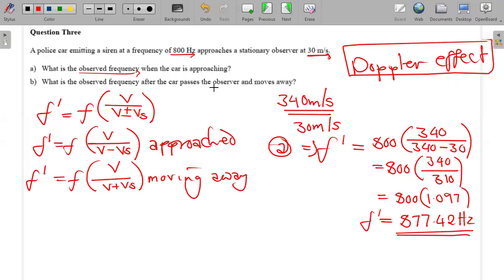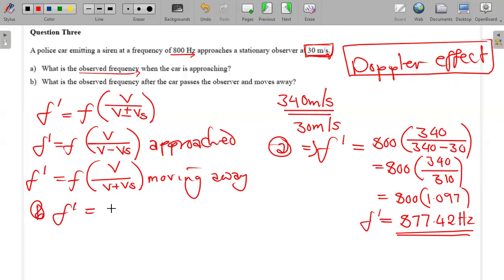moving away. So it's now moving away, but the speed is still the same. So what are we going to say? We're just going to do the opposite of what we did in part one. We're going to say the observed frequency, which is in B now,